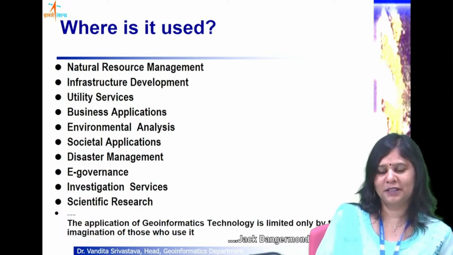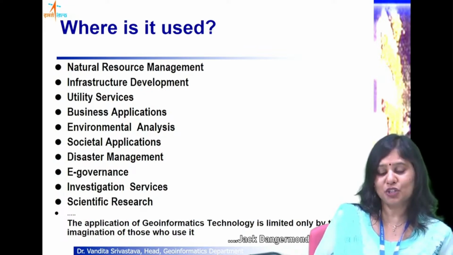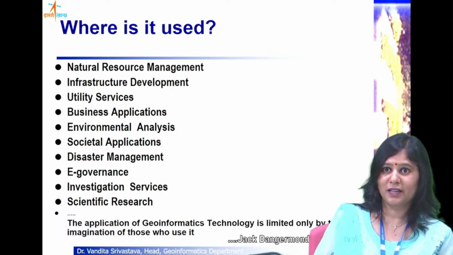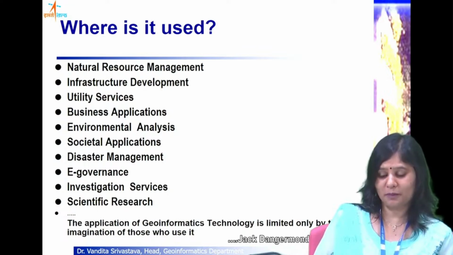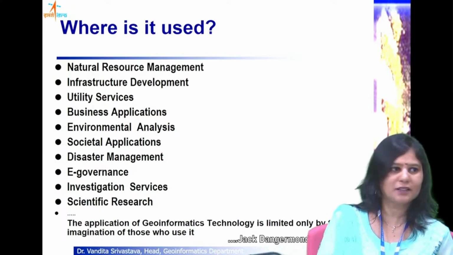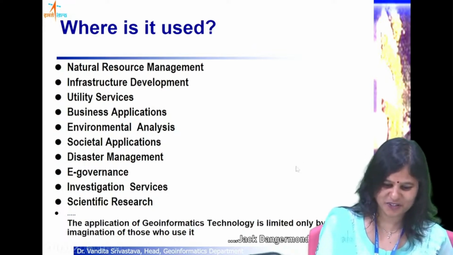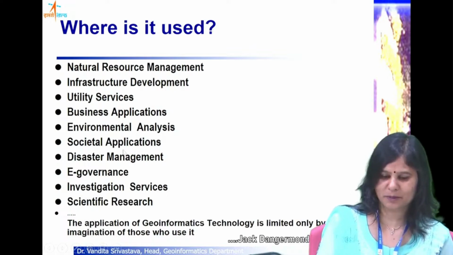So I would like to summarize here by saying that application of geoinformatics technology is limited only by the imagination of those who use it. This is a famous quote, a statement made by Jack Dangermond, who was the ISRO president, and this is very much relevant even today, that a lot of applications of GIS are emerging, because everything that we see around us has got a geographic relevance, more or less. Maybe more than 90% of the things have got a geographic relevance,